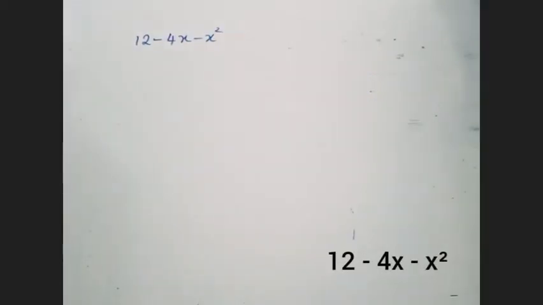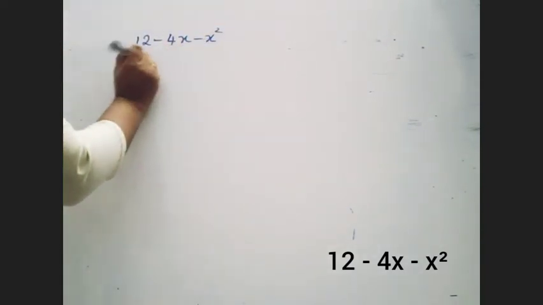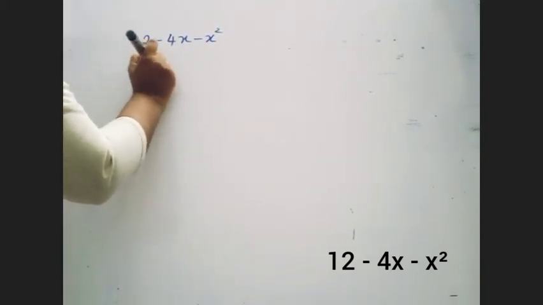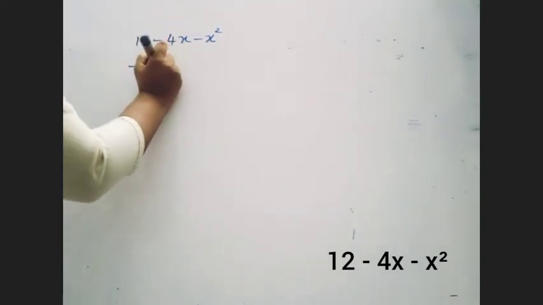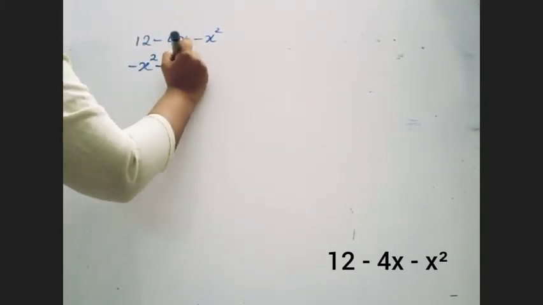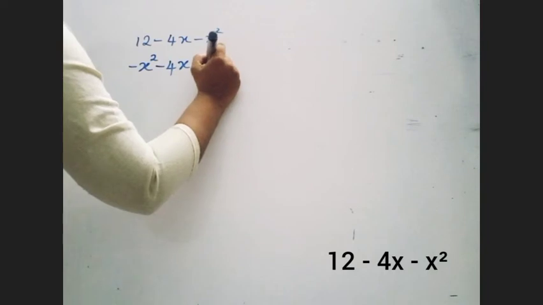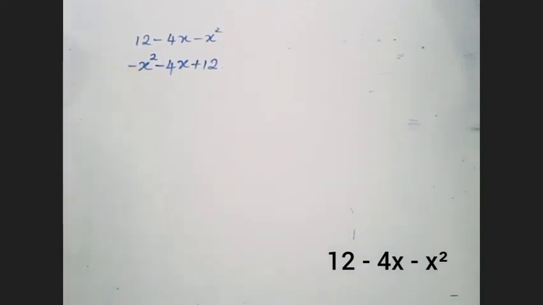So here, one more example. As you can see, this is not in the correct order, as I told you earlier. Before you factorize a trinomial quadratic expression, please rearrange according to the format, which is x square plus bx plus c. So this would be coming first, so I am going to rearrange it and write again. So here minus x square comes first, then the coefficient of x, which is negative 4x, then the constant value, which is positive 12. So when you are rearranging, please put the signs properly.